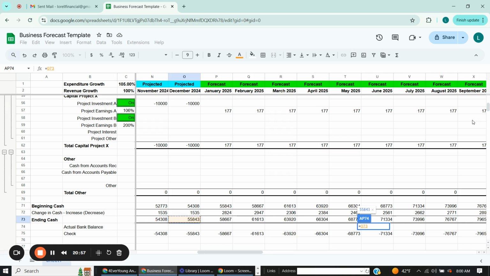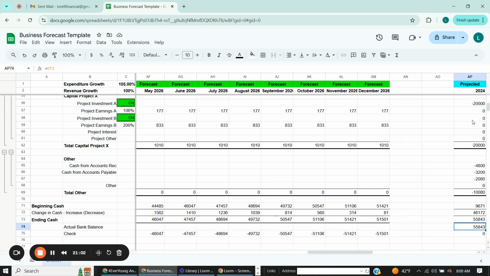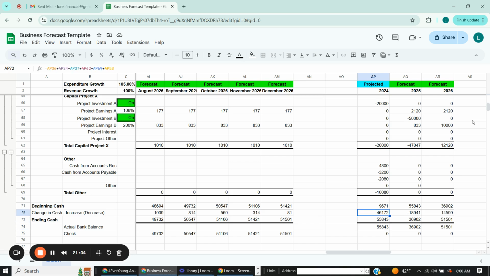So you can see I'm in December 2024. Here's my ending cash, and enter. What I'm trying to do is make sure that my year forecast is the same as my monthly forecast. And yes, they can be this different. For example, if I miss a row,